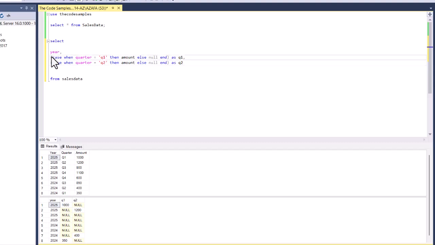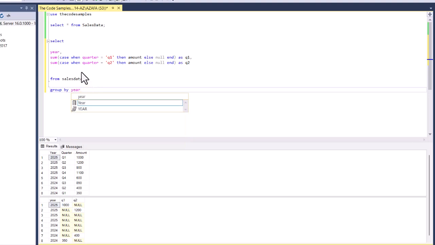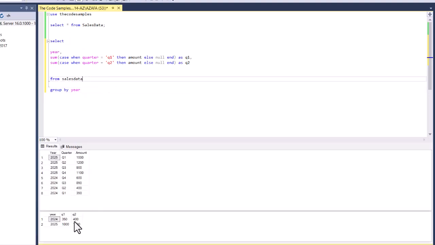And then what I can do is I can just do a sum here. So as you can see, it's a little bit complicated. So I can just do all of these aggregates, and then I can group it by year. So I have to write this case statement, then I have to do an aggregate here, and then I have to group by year. So if I execute it now, you see I have transposed the data from rows into